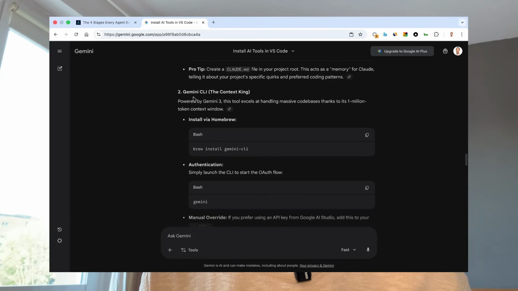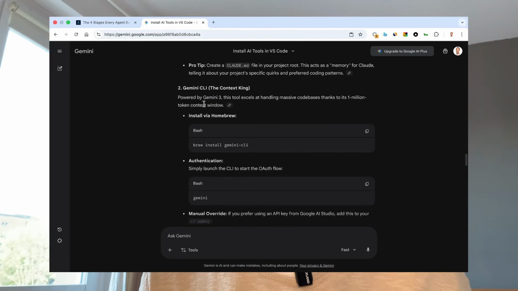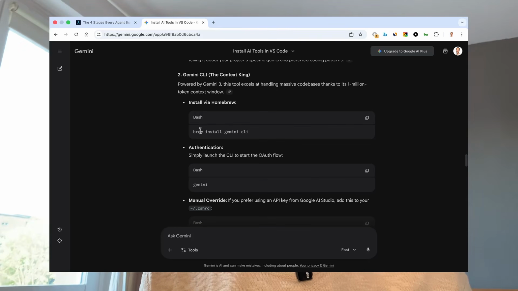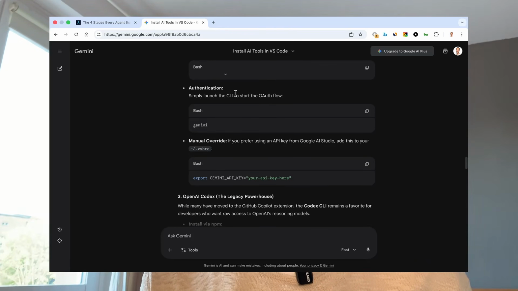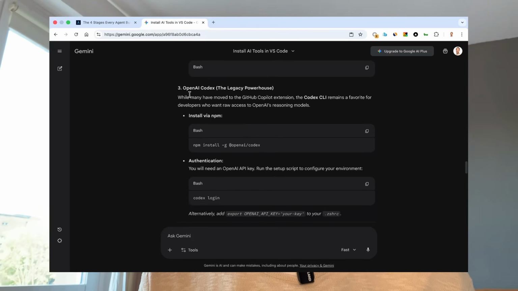Then next, you need Gemini CLI. Again, you need to get that account open with Google Cloud. Once you've done this, you can then brew install Gemini CLI, and then again, you need to authenticate. You just follow whatever instructions are given to you there. We need to then continue with